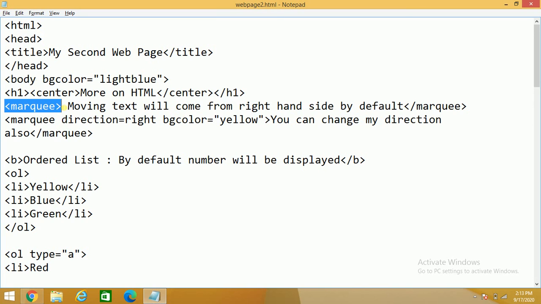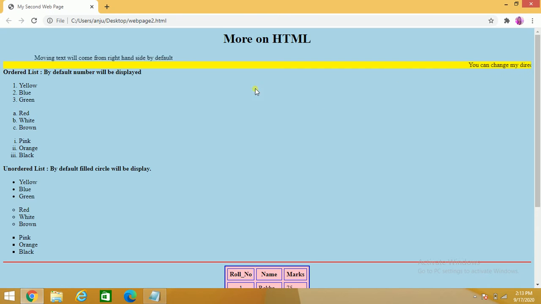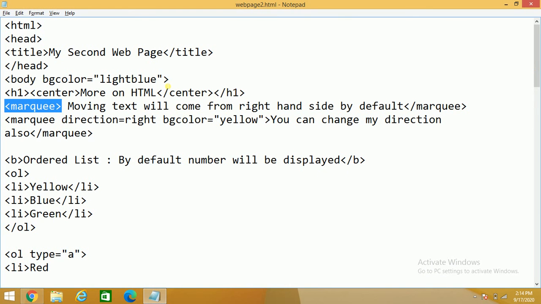So marquee के अंदर आप जो भी लिखोगे that will move from the right hand side. So the moving text will come from the right hand side, as I can show you here. See, if I press F5, you can see the moving text, see my cursor, this is coming from the right hand side, but the second line is coming from the left hand side. So we can change the direction also.